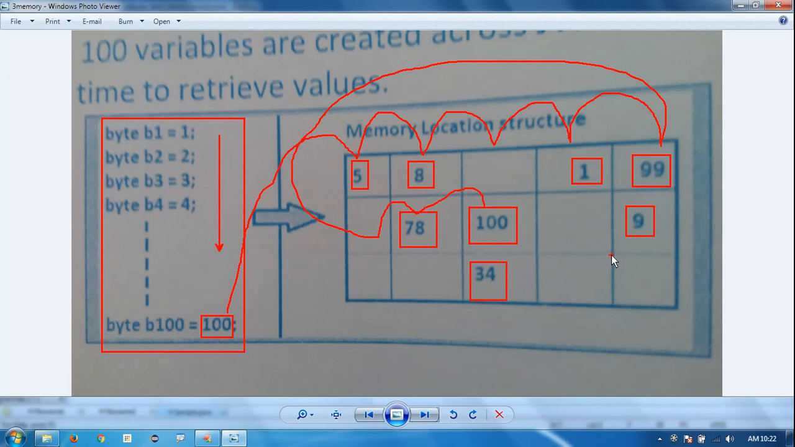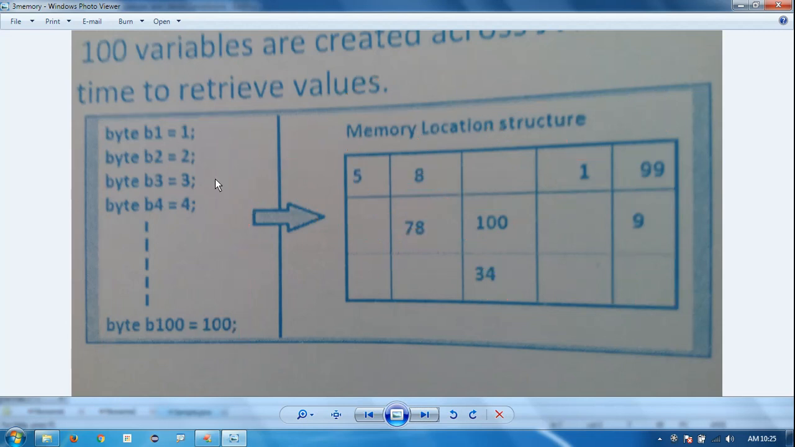Suppose, in the worst case, I have some variable like 87. To search for 87, the JVM starts here and here and here, and at last finally it gets it. Don't you think this is a waste of time? Definitely this is a waste of time, because in searching, the performance of our program gets worse. This is the problem with